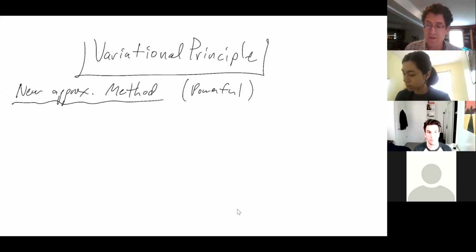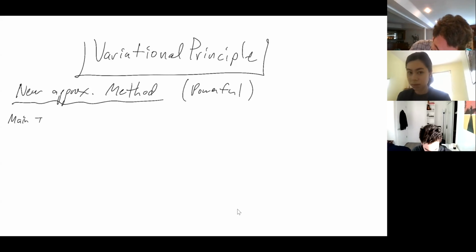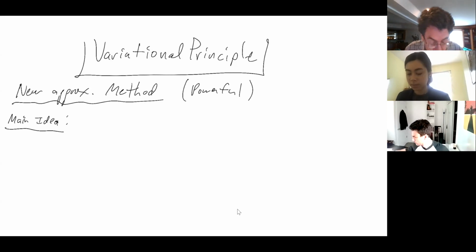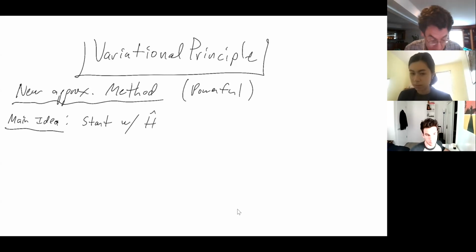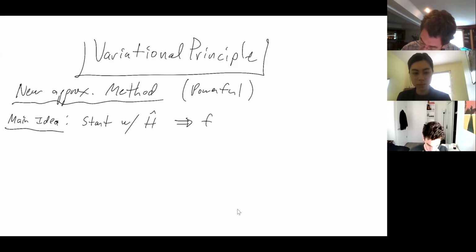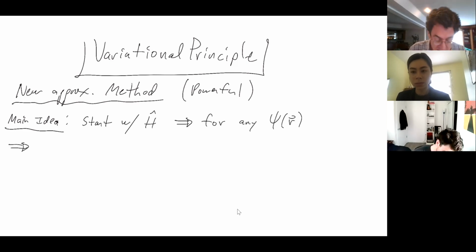And so what is it? Let's talk about it. So let's discuss the main idea of the variational principle: suppose you have some system that is described by some Hamiltonian H. Then what happens is that if you consider any possible wave function that you might come up with, any arbitrary state, any arbitrary function, then it turns out that the expectation value of the Hamiltonian for that state, which is equal to this integral,